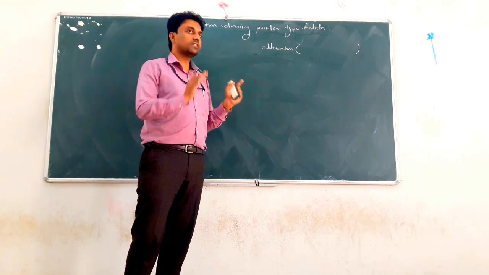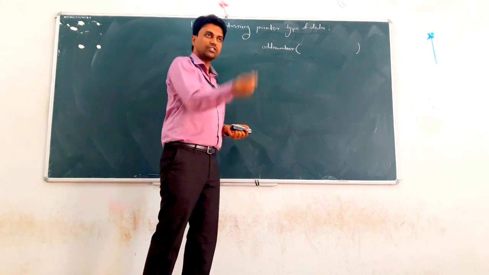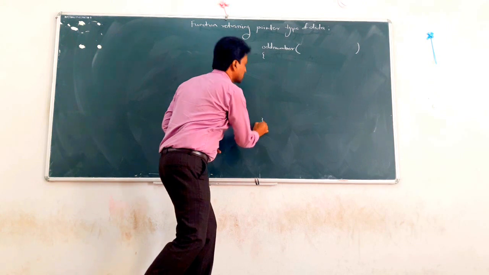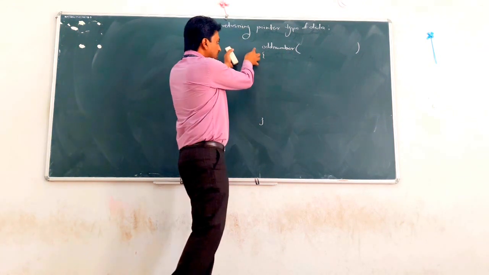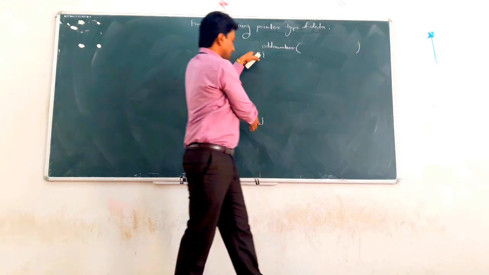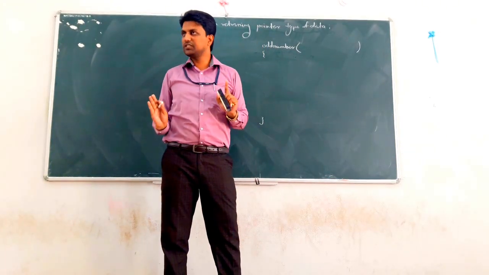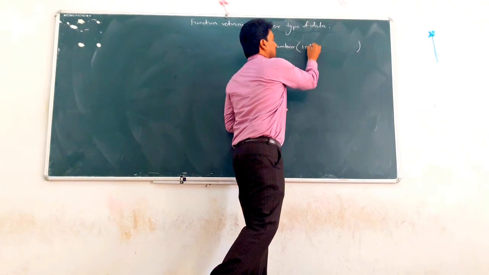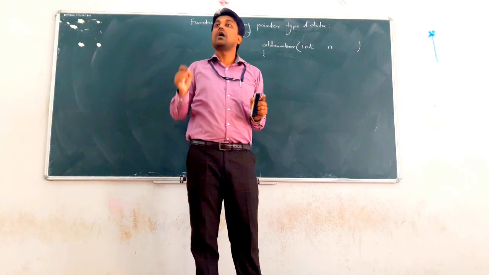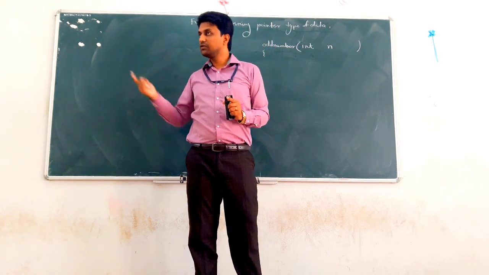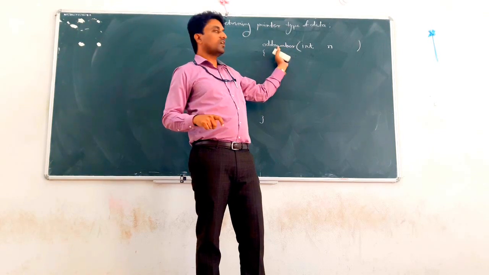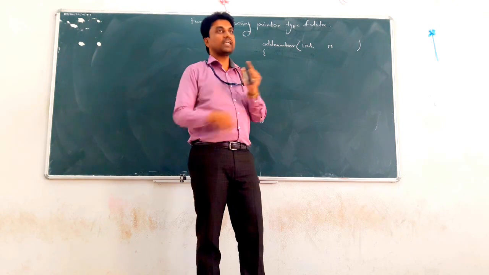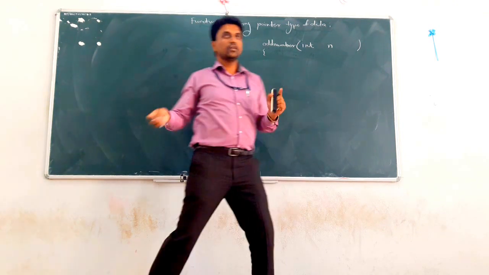First design the structure. Main focus is to design the structure of the function, then the logical part, that is the body of the function. The structure means the name of the function, the return type, the argument list, and the body in curly brackets. This is the basic structure of a function. Clear? First argument: integer n, that is, how many odd numbers you want. The user passes that value. The function odd number calculates that many odd numbers into the array, and that array is returned to the calling function.